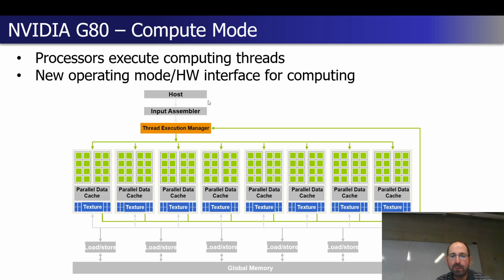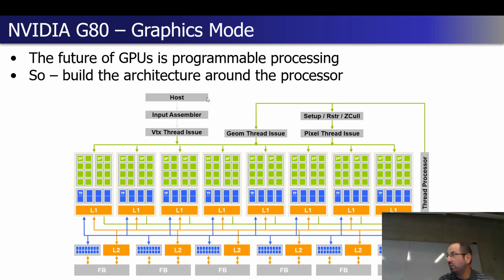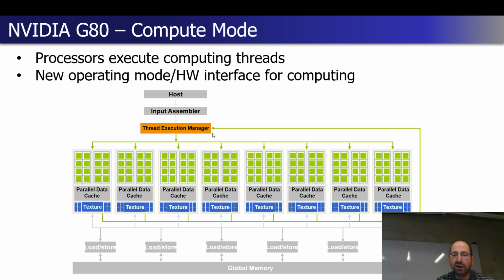But still, what we have here between this diagram and the previous one is what we've removed. We don't need to have anything that's really vertex and fragment specific anymore. We don't have to trick it into doing computation. We just make sure that this module itself has the ability to just launch threads independent of any graphics context. Instead of worrying about, I have a quad of this size, rasterize it and give me this many fragment threads, it's just give me this many threads to do the same computation. Otherwise, though, architecturally it's the same. So your simple graphics processor can do GPU compute to some extent, right?